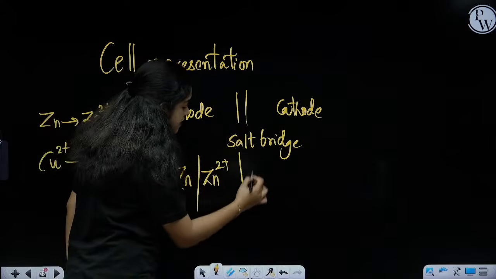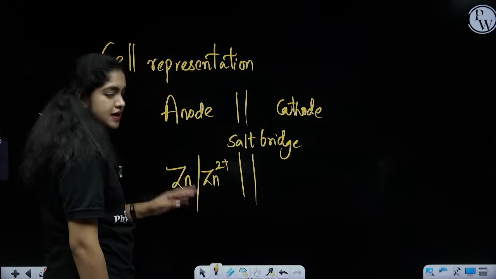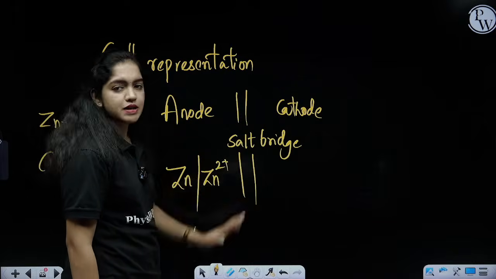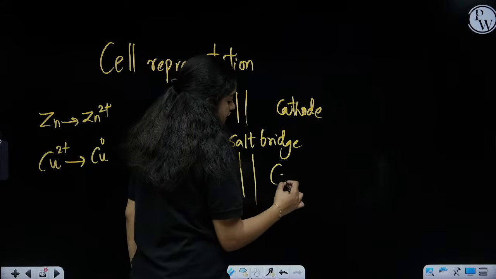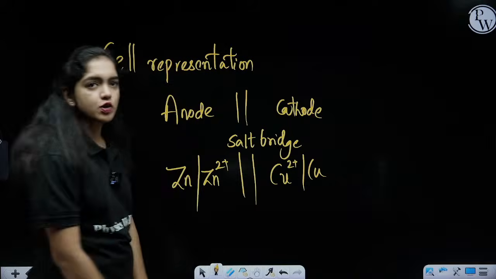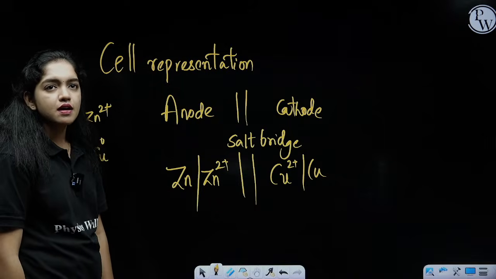Now draw the salt bridge, 2 bars, 2 lines. Zn bar Zn2 plus is the anode. Then draw the salt bridge. Then the next one is the cathode. Cathode we can draw like what is happening here: copper 2 plus bar copper. Copper 2 plus is changed into copper. So this is the